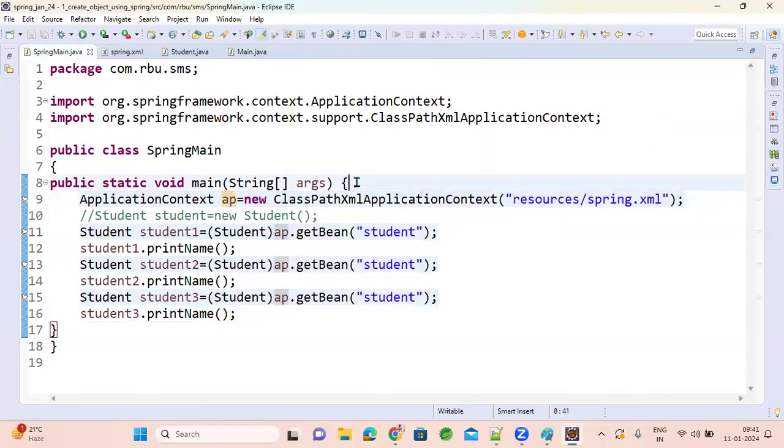So a lot of such patterns Spring covers internally to make your application an industry standard application without you knowing much about design patterns. The singleton pattern is covered here. Singleton means one object only. That is covered. But did you write any code for that? No. Spring did that for you. Such advantages. It is a small feature, you may consider 0.0001 of what Spring offers. Such a lot of features they give.